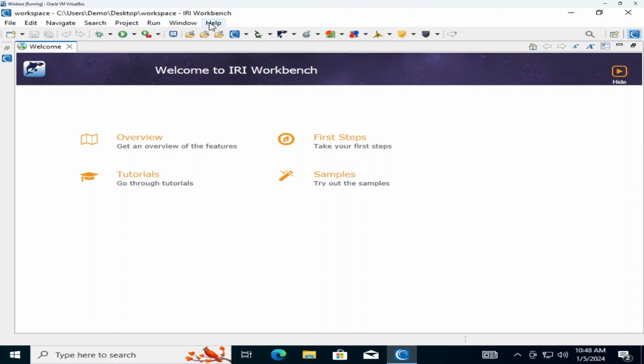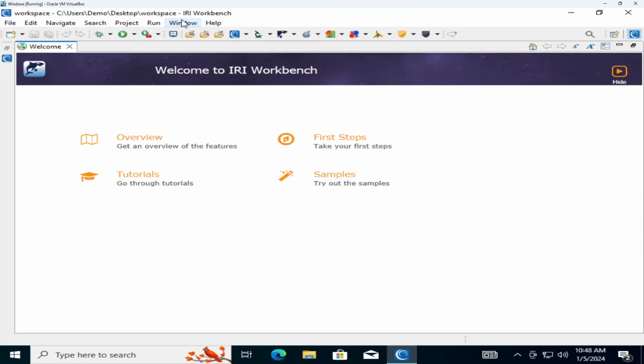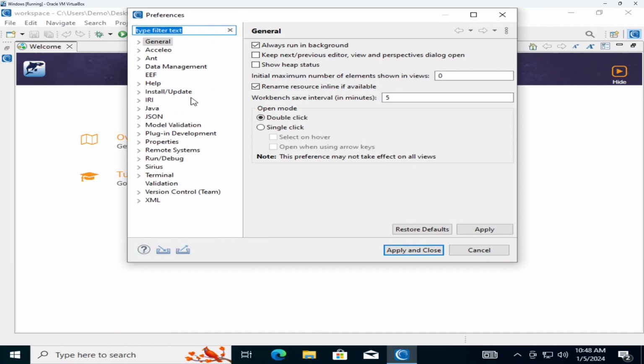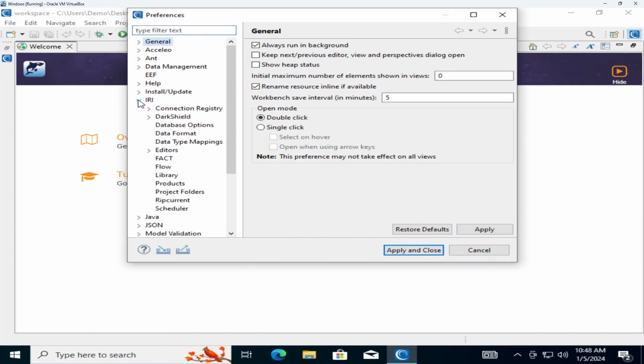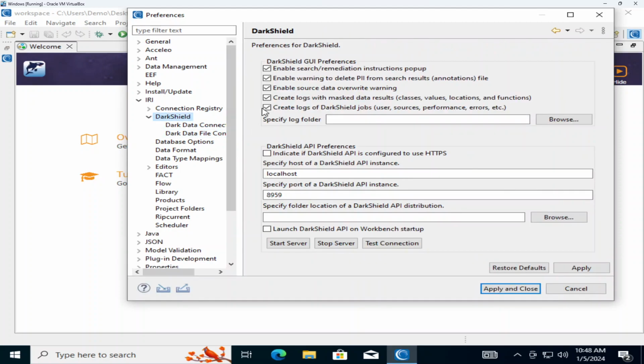So from here, I'll go into Window, Preferences, IRI, DarkShield, and we're going to go into just DarkShield in itself, and we're looking for the specify folder location of a DarkShield API distribution. So from here, I'll go ahead and hit Browse,